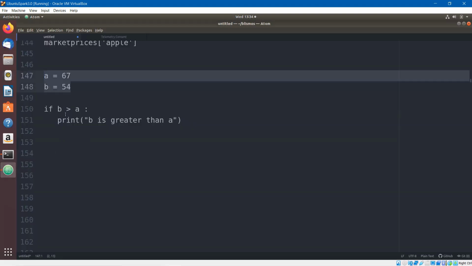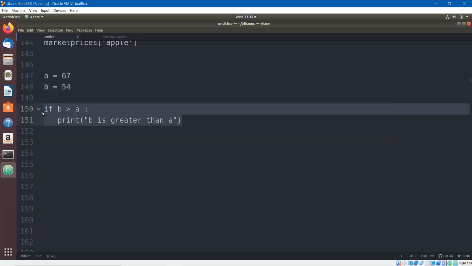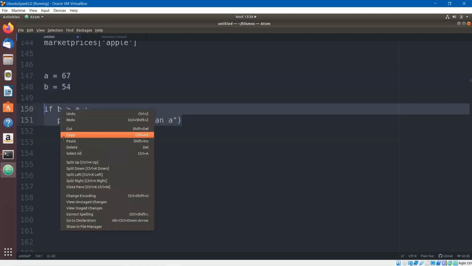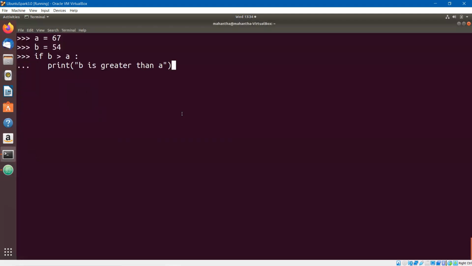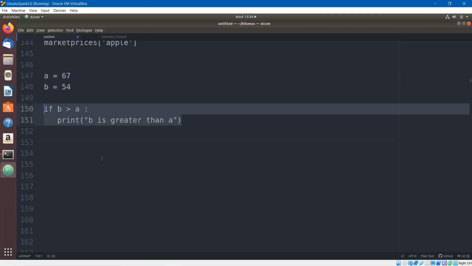And we are checking if B is greater than A, print B is greater than A. It's just an if statement. Because B is not greater than A, it is not printing anything. We'll reverse it. Now, what we'll do is instead of